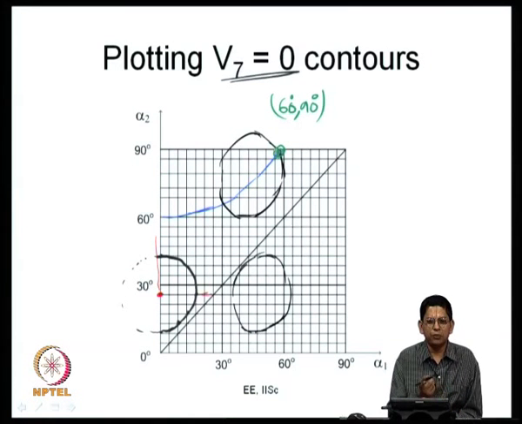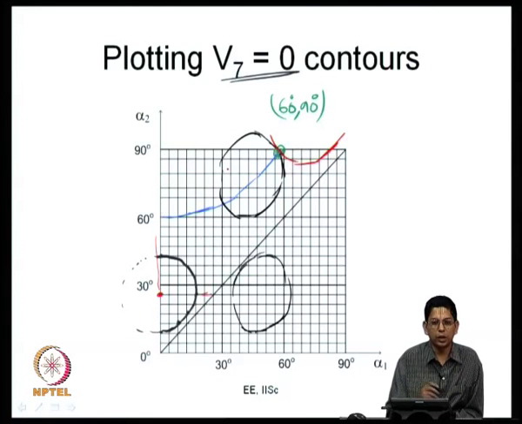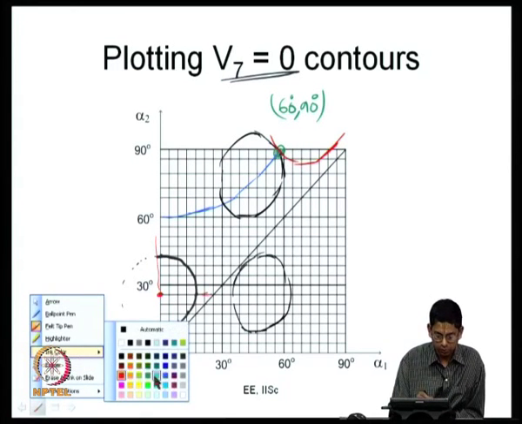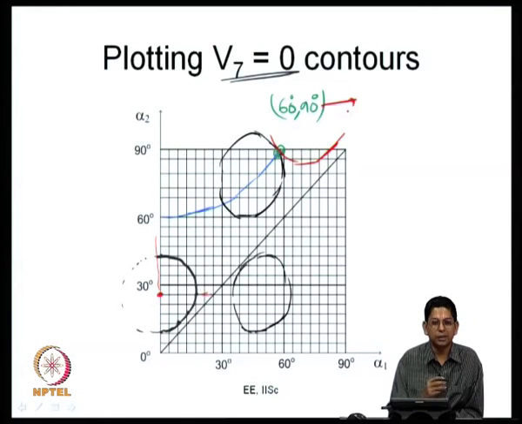All this V phi is equal to 0 contour also went through that point, the curve was different. If I redraw the curve here, that curve went through like this, something like that, whereas this curve is going around like this now. So, why? All these curves will go through that, because 60, 90 corresponds to a third harmonic square wave.